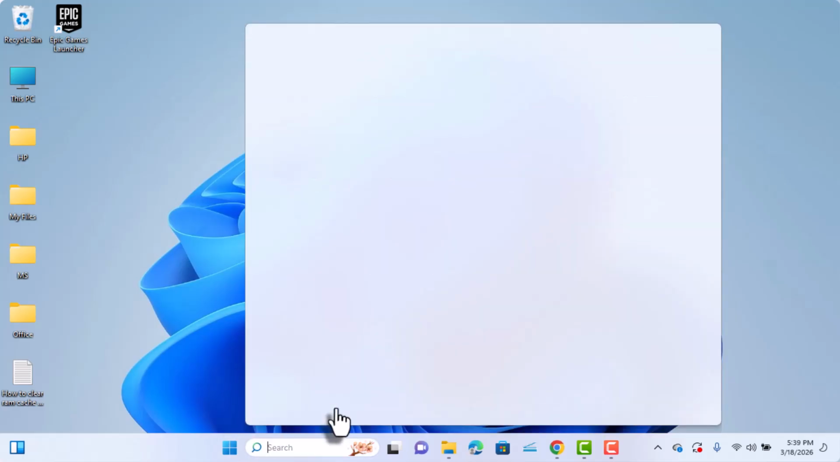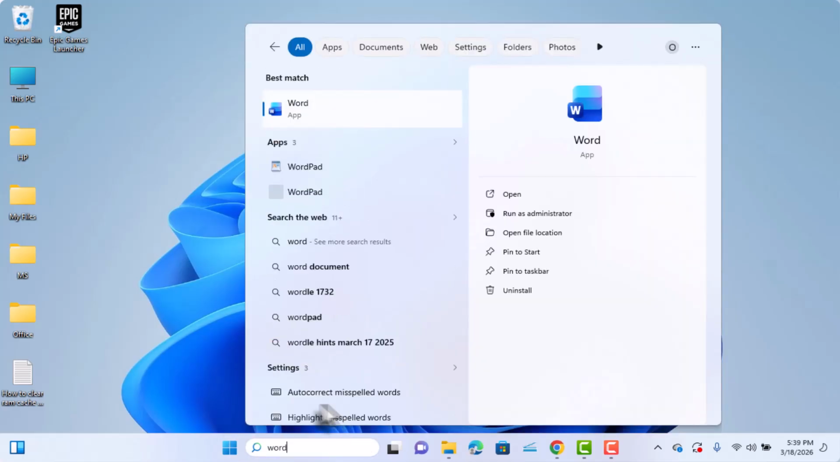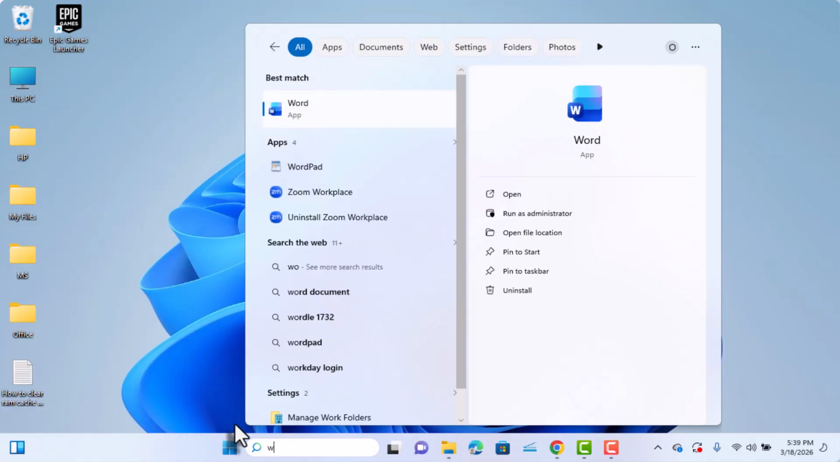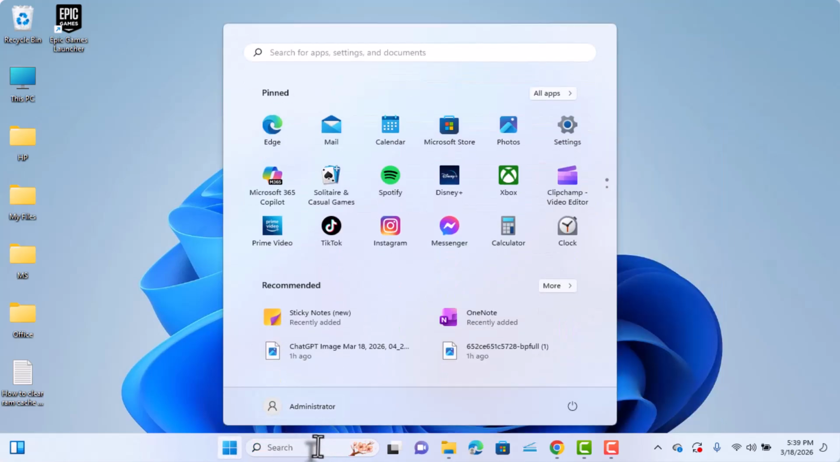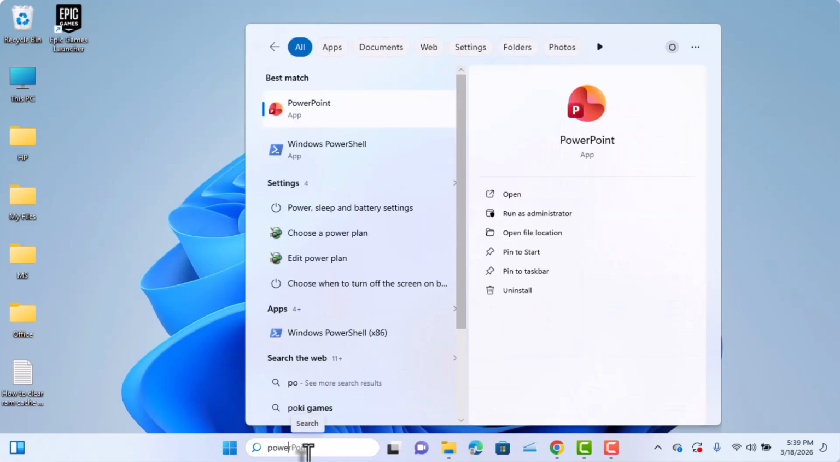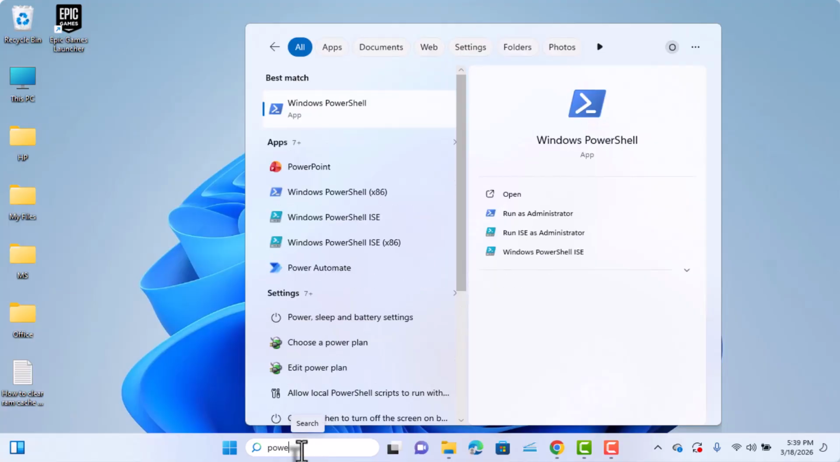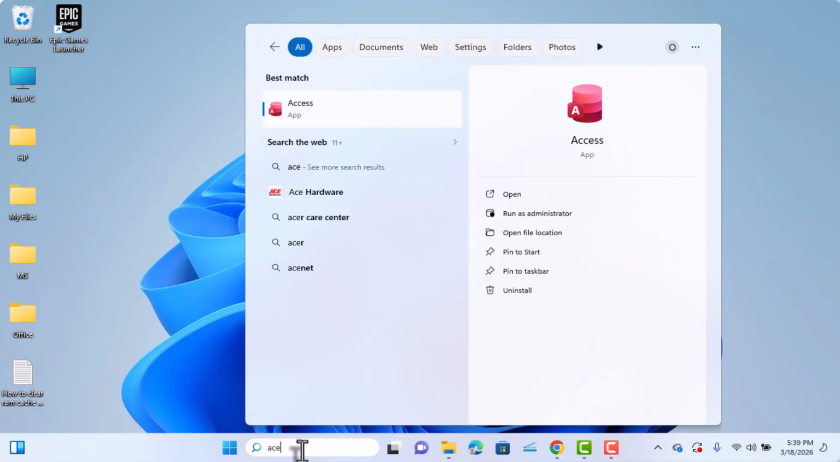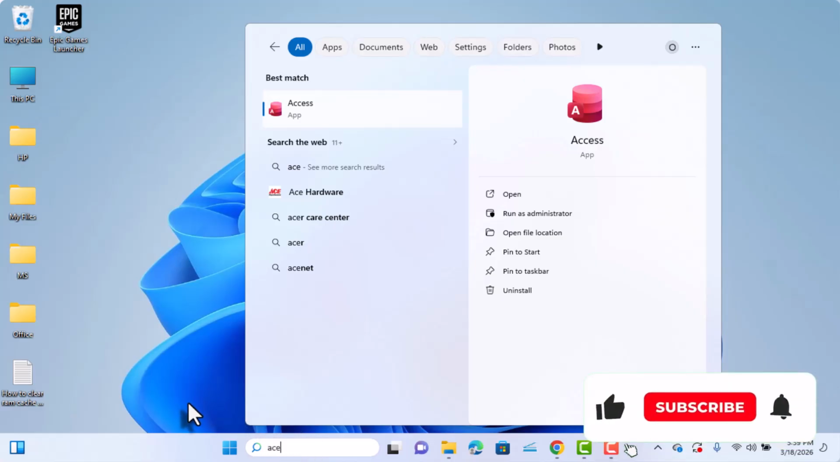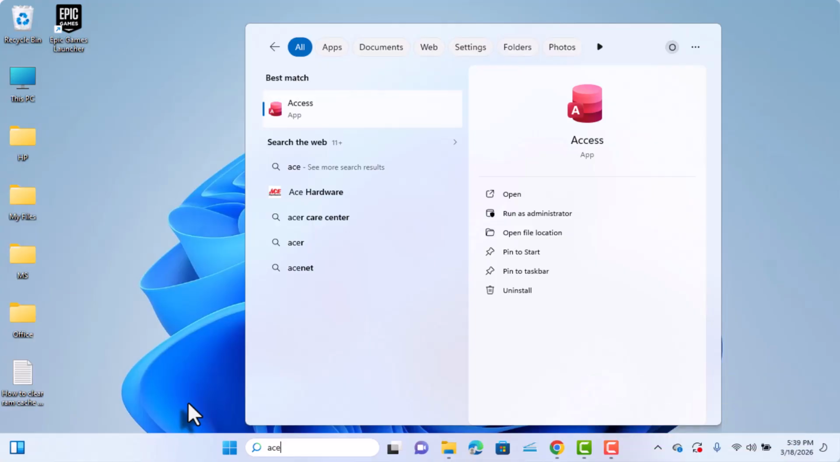On this search bar, if you go here and type Word, you can see that Word is already installed here. If you go and type Excel, you can see Excel is already there. If you also go and type, say, PowerPoint, you can see all of these things that are installed in this PC. And so this is just the simple way you can download and install Microsoft Office 365 on your PC